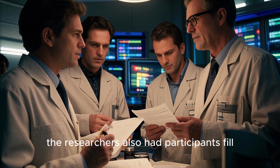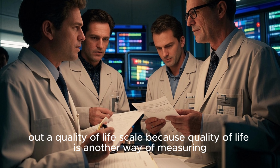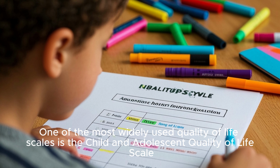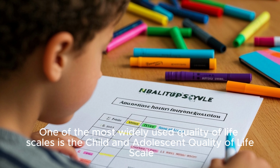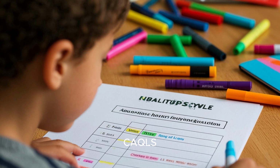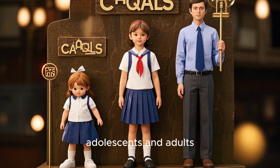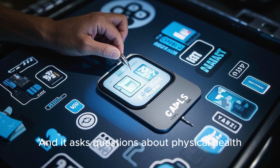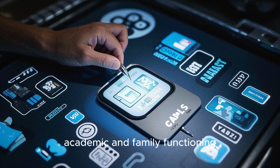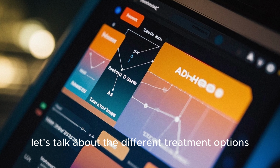In some studies, the researchers also had participants fill out a quality of life scale, because quality of life is another way of measuring how well you're functioning. One of the most widely used quality of life scales is the Child and Adolescent Quality of Life Scale, CAQLS. And again, there are different versions of this scale for children, adolescents, and adults. And it asks questions about physical health, emotional health, social, academic, and family functioning. So now that we have a good idea of how we're going to measure improvement, let's talk about the different